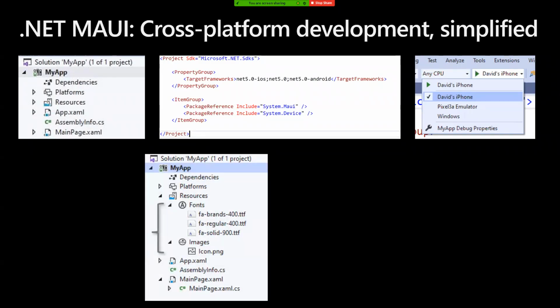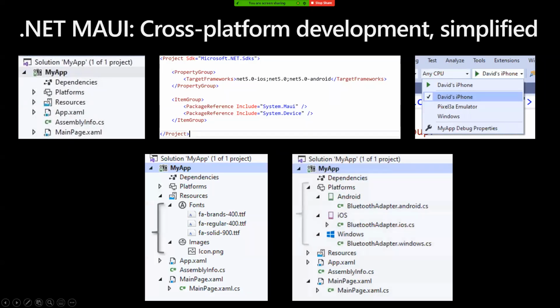You'll be able to put all your fonts and images in one place, for all those platforms, and that's also where you can put your platform-specific things. If you're a mobile developer now, or someone who develops for a lot of different frameworks, you will probably think this images thing is a big deal, because images are dicey. You have to have about 7,000 resolutions for every single image you put in an app to make sure it looks good.